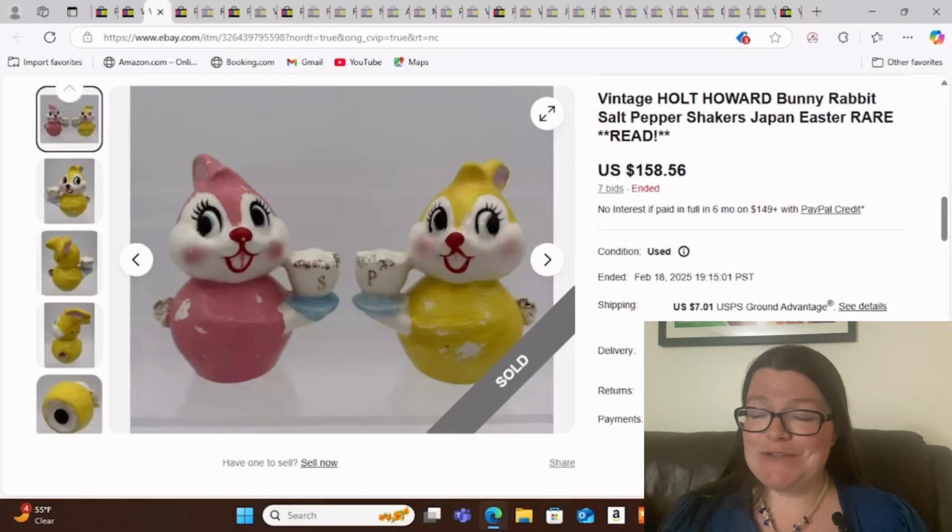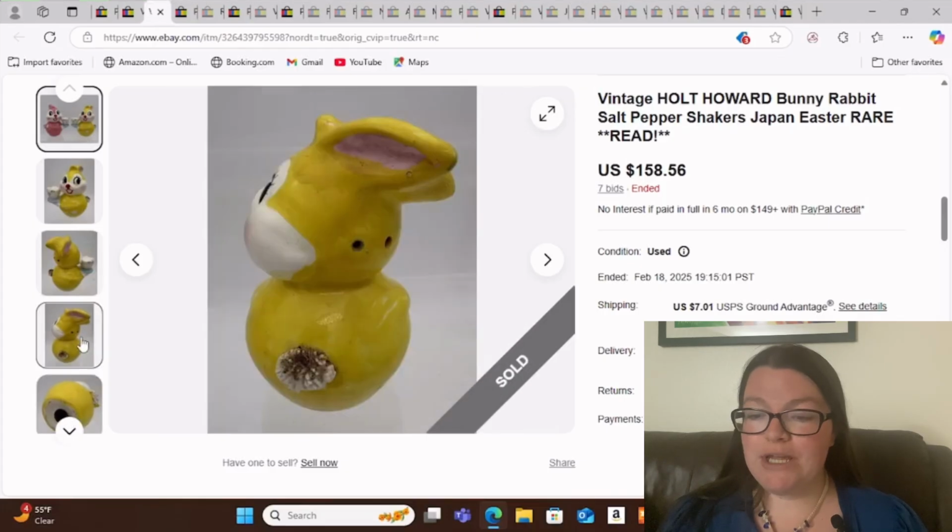Now we're going to look at this one. So this one we're going to talk about as well. This is a bunny rabbit salt and pepper shakers, and this one sold for $158.56, but they are not in very good condition. They have a lot of issues, and I just wanted to note that you can see that there is no marking or sticker